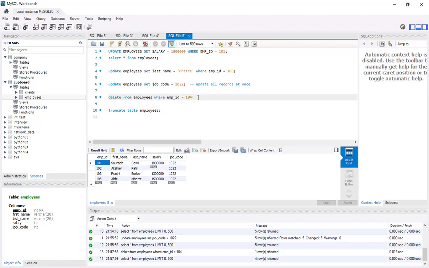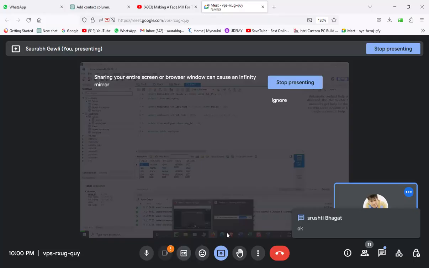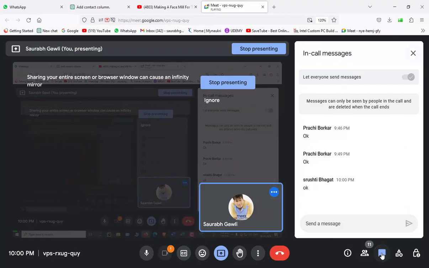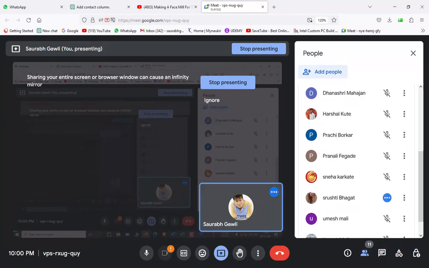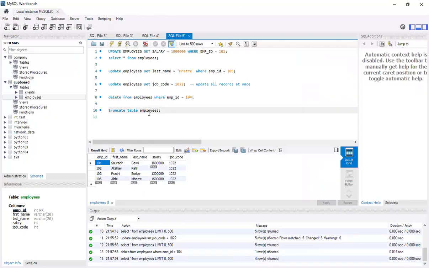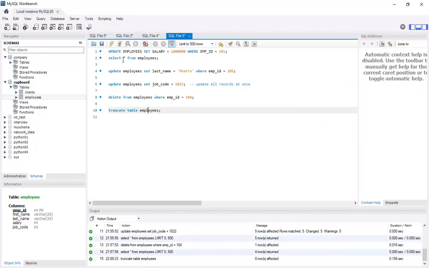Delete removes specific rows, but truncate removes all records all at once. Now if I run this query and check the table,